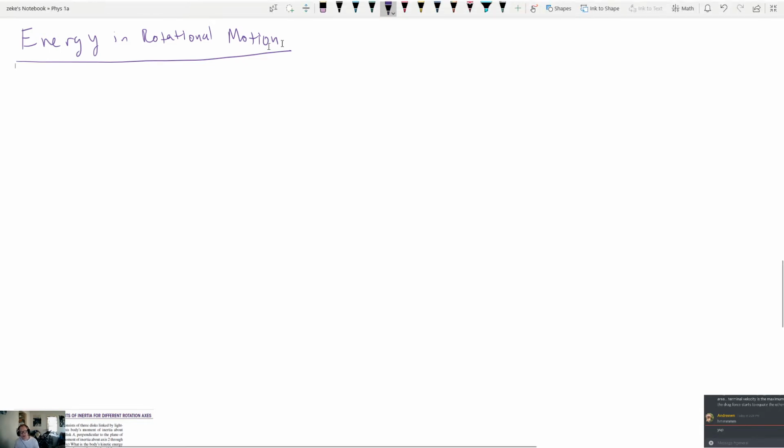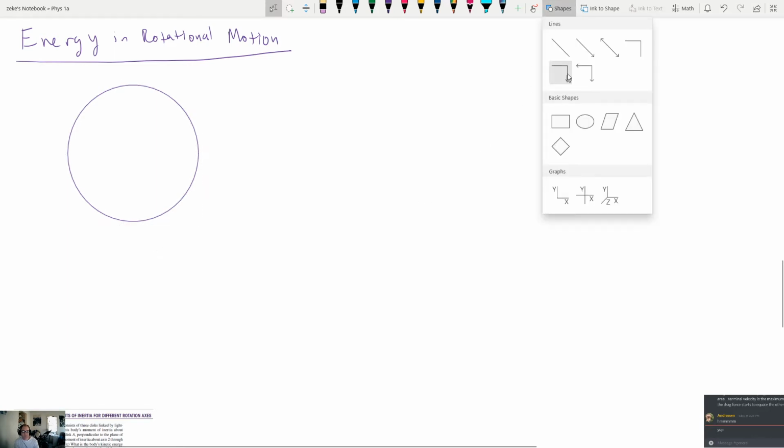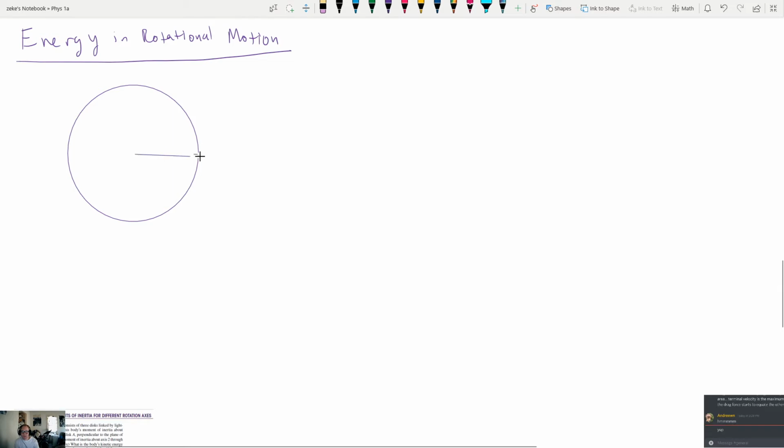I think that without a doubt, if you look at an object that's spinning, like a tire that's rolling on a car, or the wheel of a bicycle, or a child playing on a merry-go-round in a park going around in a circle, there's no doubt that there's energy, and we just want to be able to quantify how much there is. So again, we'll take an object that's rotating, and let's draw a line to represent